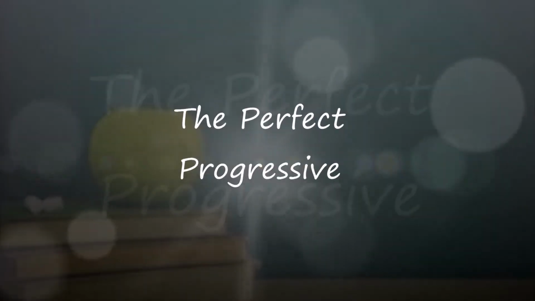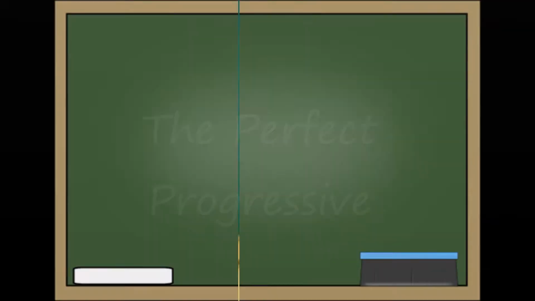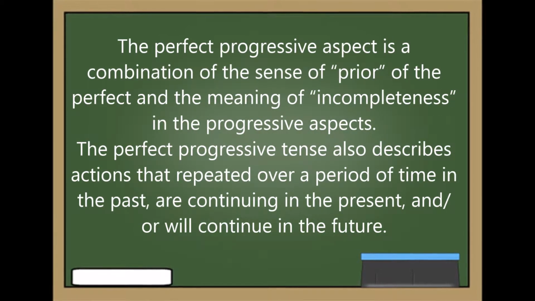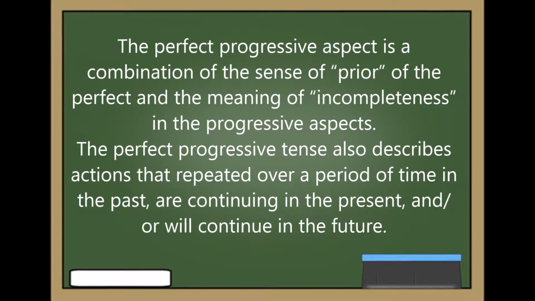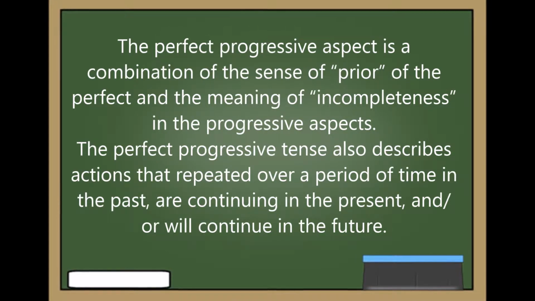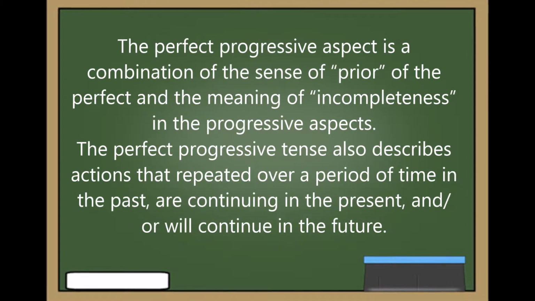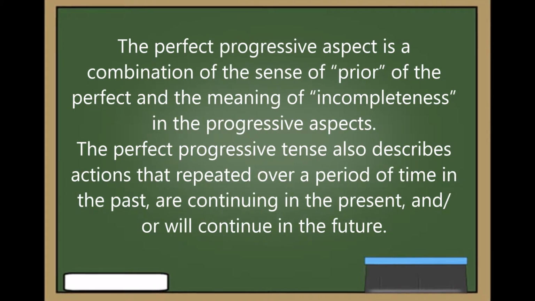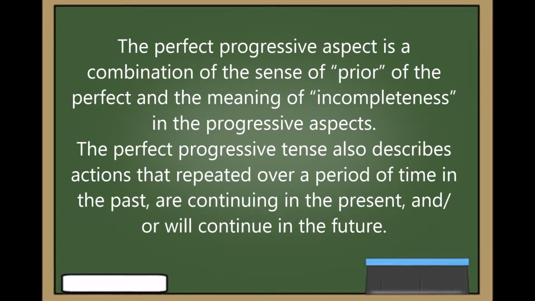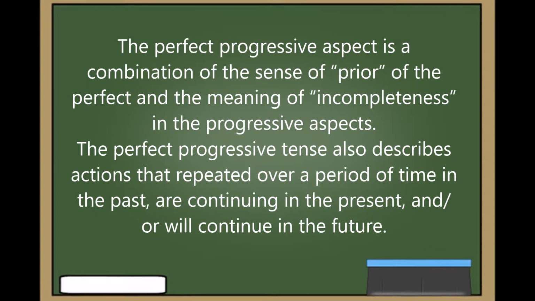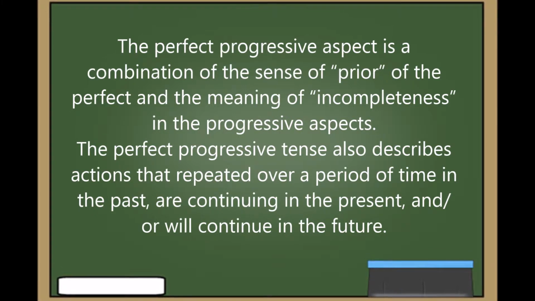Hi, I'm Fatima, and I will introduce to you the perfect progressive. The perfect progressive aspect is a combination of the sense of prior of the perfect and the meaning of incompleteness in the progressive aspect. The perfect progressive tense also describes